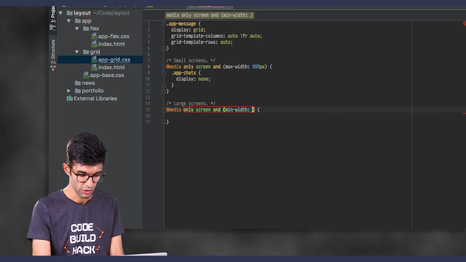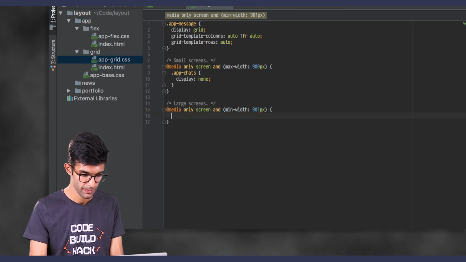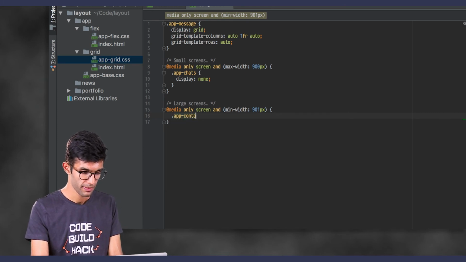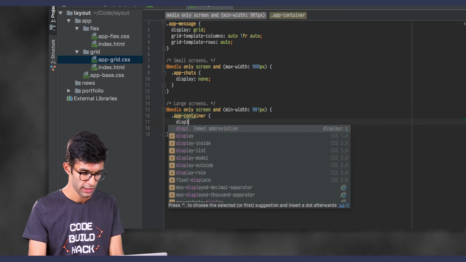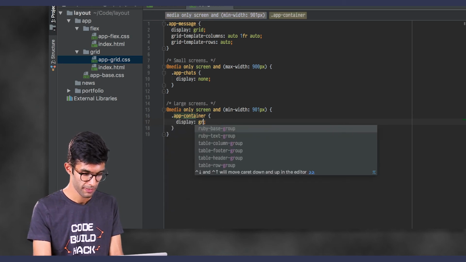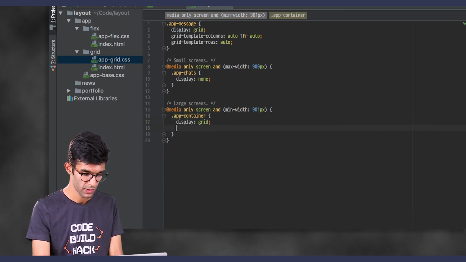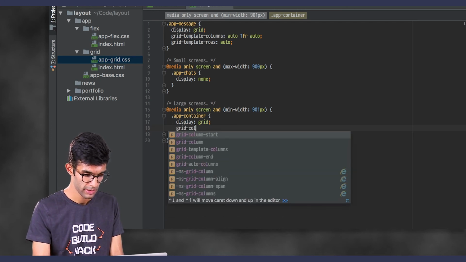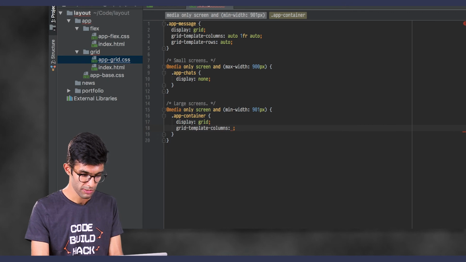Our min-width is going to be 901 pixels. And we're going to say app container display grid, and grid-template-columns is going to be 1fr 2fr,